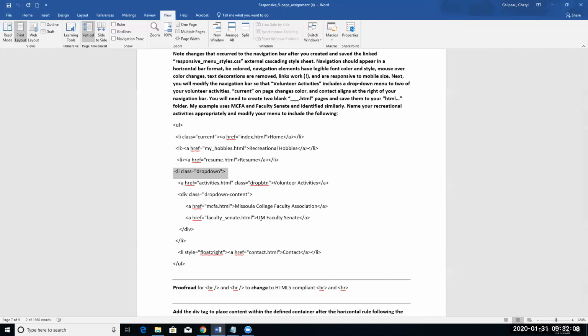Maybe you volunteer at a shelter or food drives or something like that. Whatever you do, some sort of volunteerism. And we'll need to add, first of all, the list item for the class dropdown. And that identifies that whatever we identify as drop-down affects activities, and that within